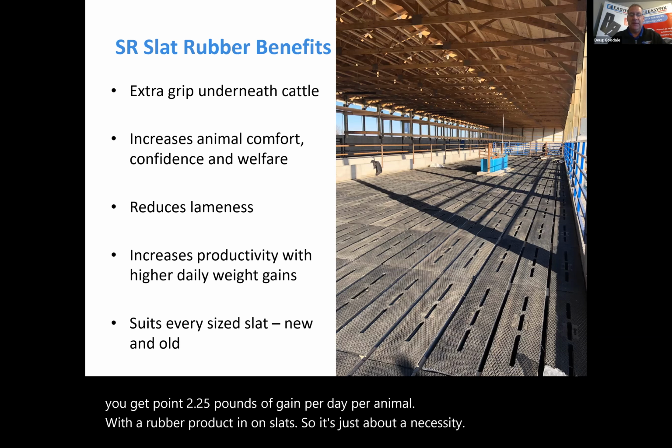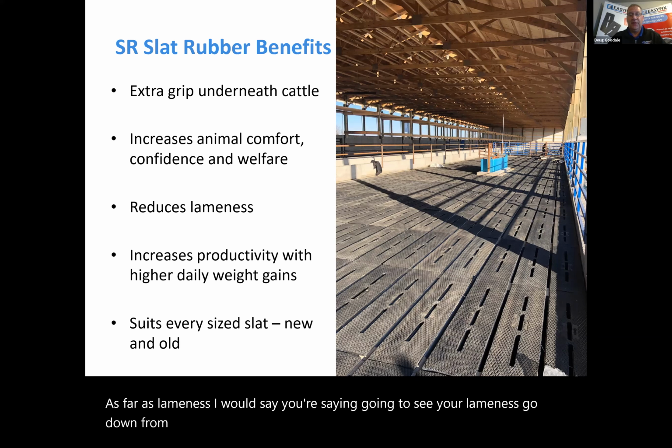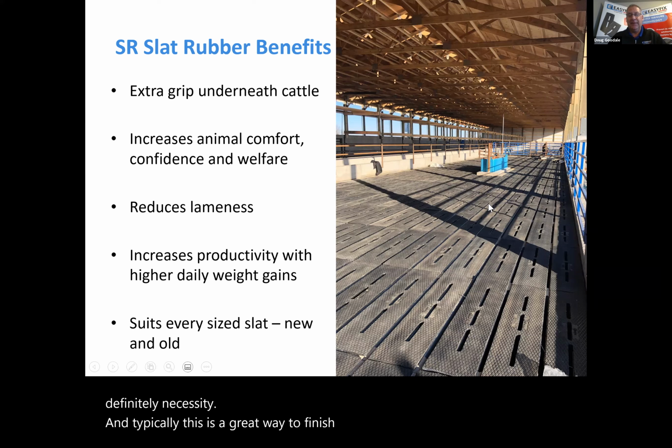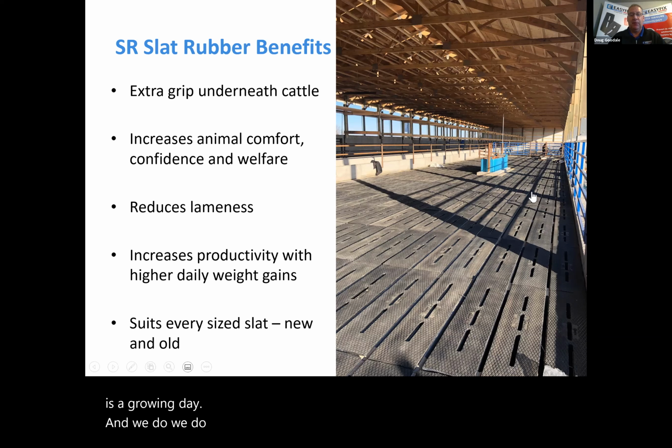As far as lameness, I would say you're going to see your lameness go down from 17% down to 1%. The guy in the video says it the best. It's not a luxury. It's definitely a necessity. And typically, this is a great way to finish off a barn like CCS makes, because you are totally controlling the environment that the cattle are growing in. So every day is a growing day. And we do replacement too. So if you have something that needs to be replaced,